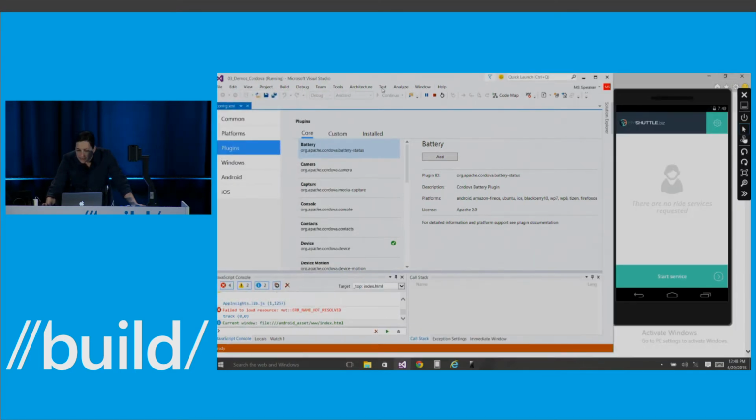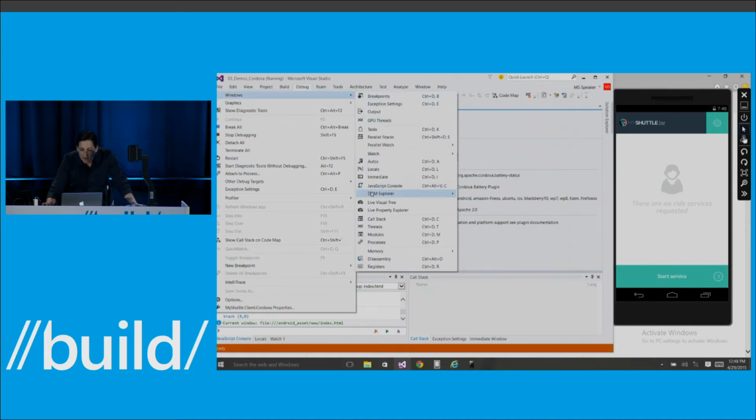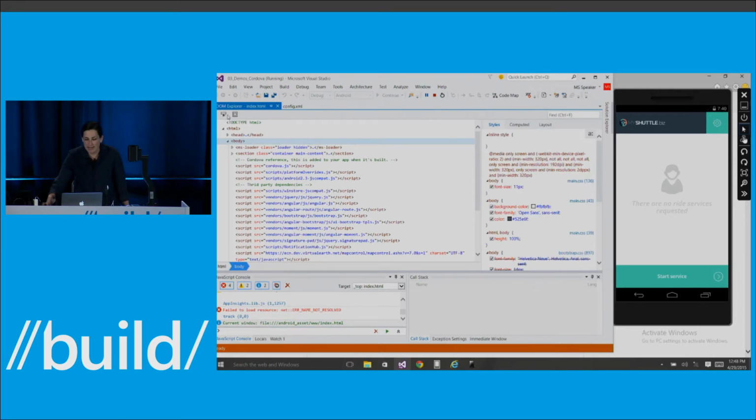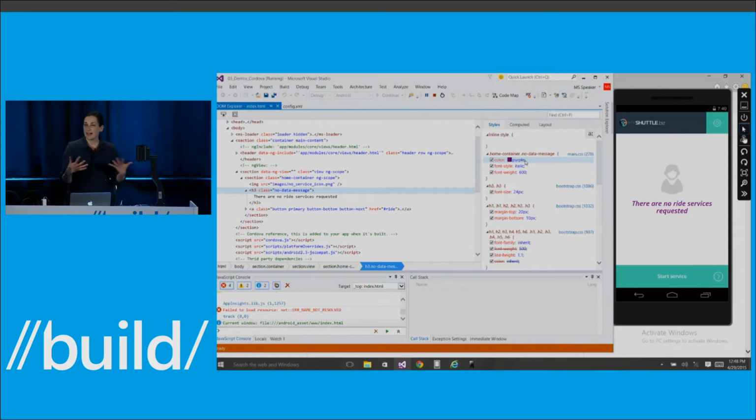Now, what I'm going to do is go to the debug window. Let's just make it so that you can see these two side by side. And I'm going to go to the DOM Explorer and look at the index.html. And now I can use this select element to just select an element on the screen. That has actually updated the DOM Explorer live, so I'm attached in this debug mode. I can go ahead just so that you guys can see it and make this a little more obvious. And you can see that we have updated the application live in the emulator.